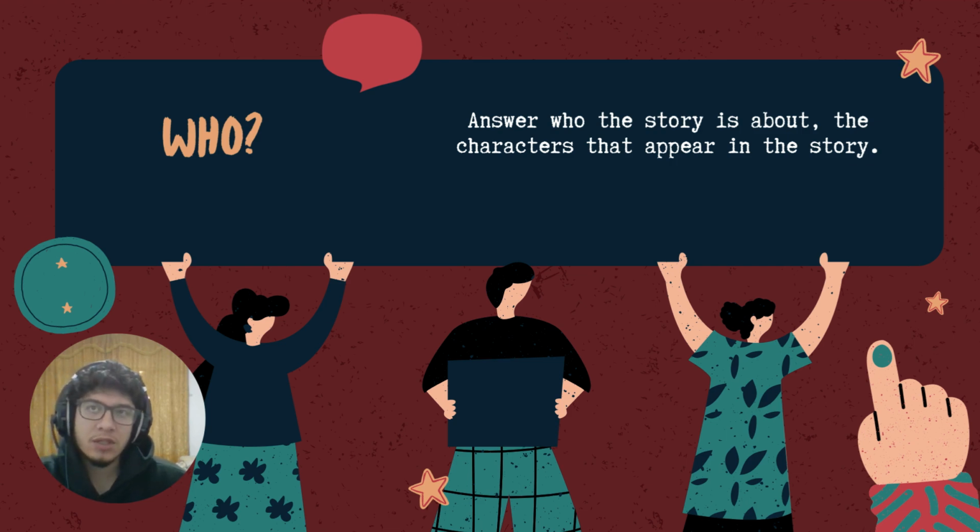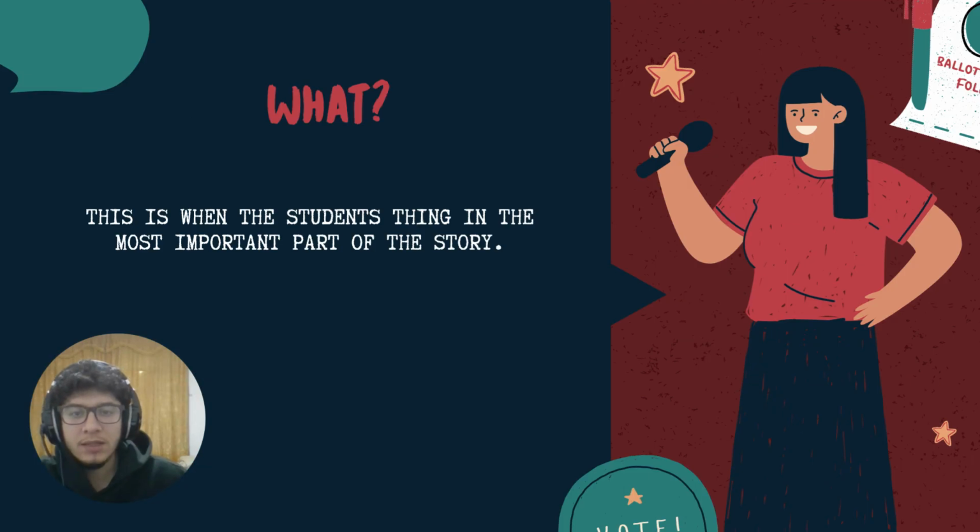This is not just about stories for little kids or teenagers. This can also be used for more complex texts, like B2 or C1 level. What is when the students think about the most important part of the story. We can say it like this: it is the main idea of everything, the main topic, the main thing of the